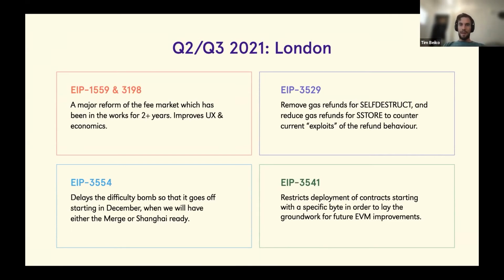But unfortunately, people have kind of abused this behavior where what they'll do now is when gas prices are quite low, they'll just fill the network up with kind of junk data so that they can then get a refund for that gas at a later date when gas prices are higher. And that creates instability on the network, not only because it kind of blows up the state, but also because the execution from gas that's being refunded is not actually counted entirely towards the block gas limit. So right now, if you get kind of a refund on your gas during your transaction, and half of that